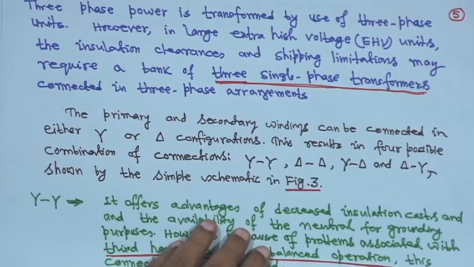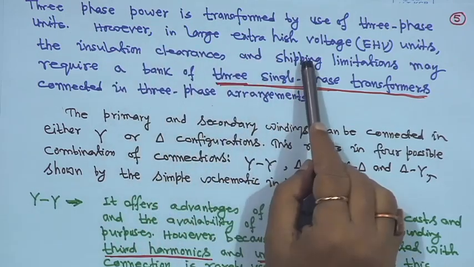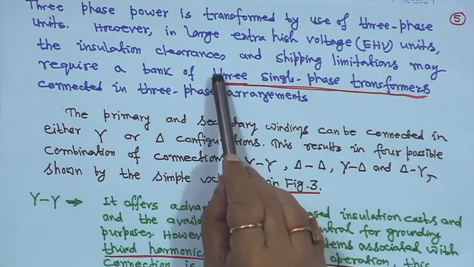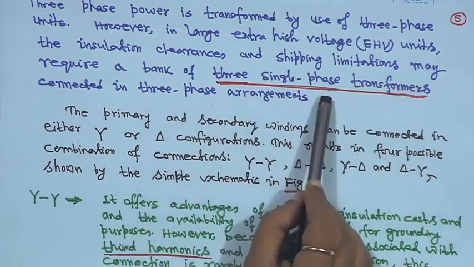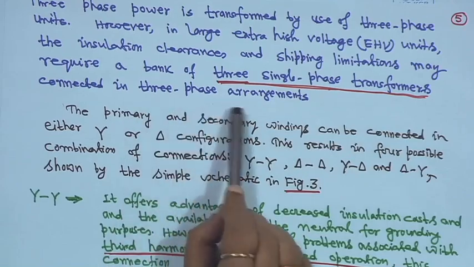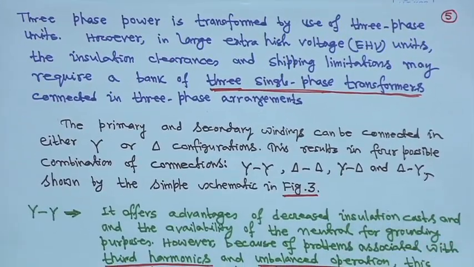the 3 phase power is transformed by use of, I told you, 3 phase units. However, in large extra high voltage units, the insulation clearances and shipping limitations may require a bank of 3 single phase transformers connected in a 3 phase arrangement. That means 3 single phase transformers will be connected in 3 phase, because transportation is a problem. Suppose the manufacturer manufactures this